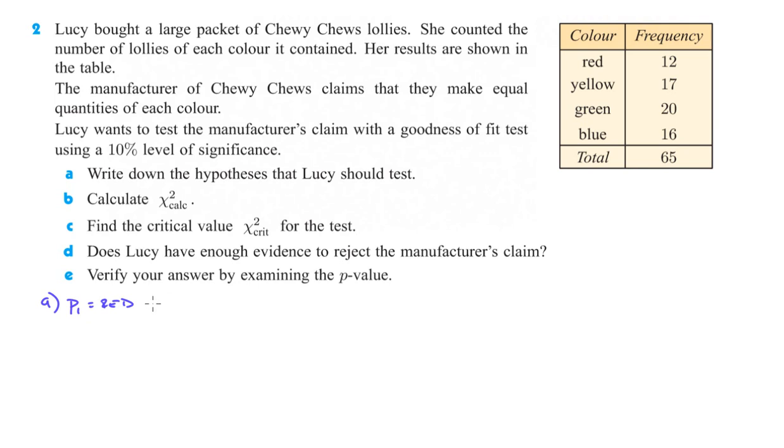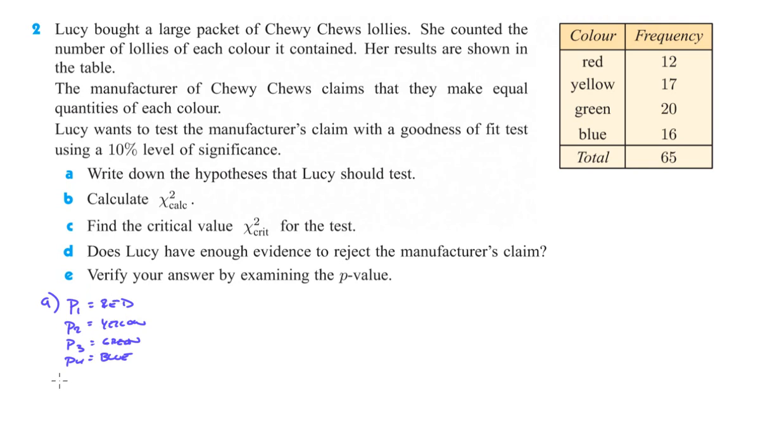And then P2 is going to be yellow. P3 is going to be green. And P4 is going to be blue. Okay, so we use this so that we can set up our